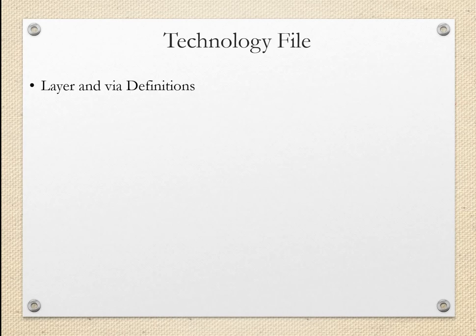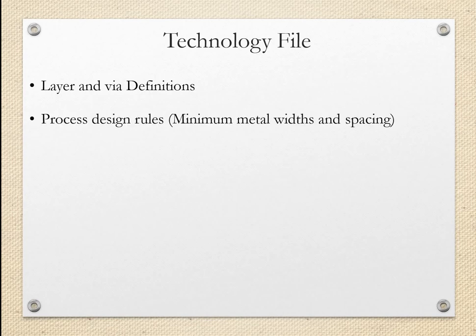So here the important input that is required is the technology file. What this file contains: the layer and the wire definitions are available in this technology file. Then the process design rules, so minimum metal width, spacing, so the whole information. Before going for the actual floor plan and the routing, these are the inputs required for the CAD